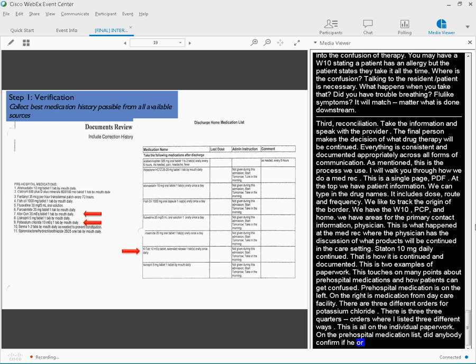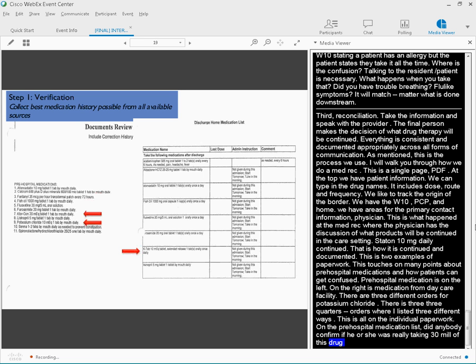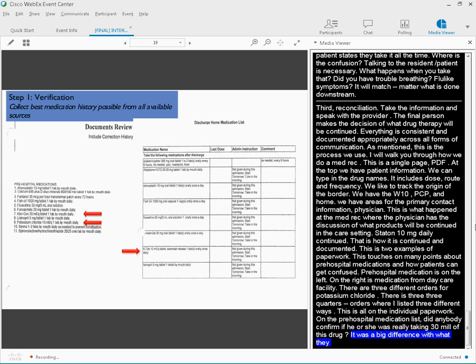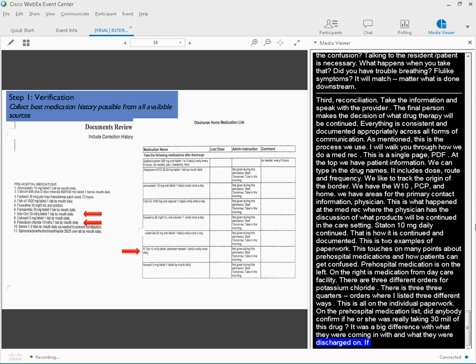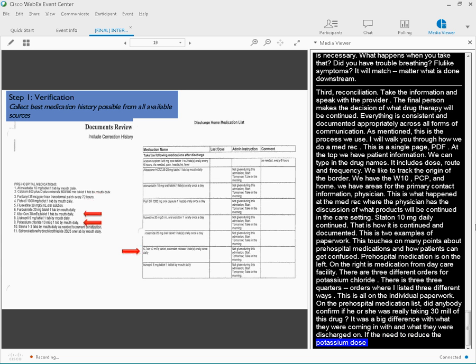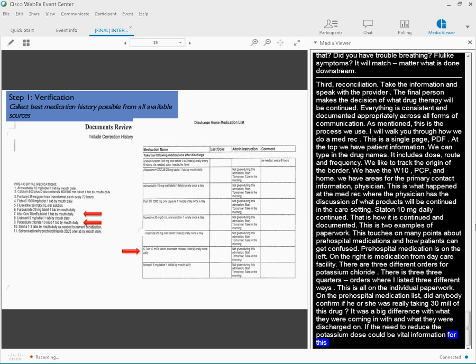Because that's a big difference between what the individual came in with and what they were being discharged on. Not to say it's not right, but it is a big difference. And this need to reduce the potassium dose could be vital information moving forward with this particular patient's care. This document shows us how easy it is to, one, create confusion, and